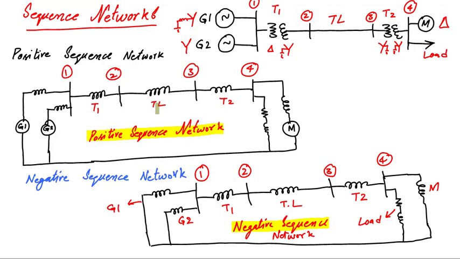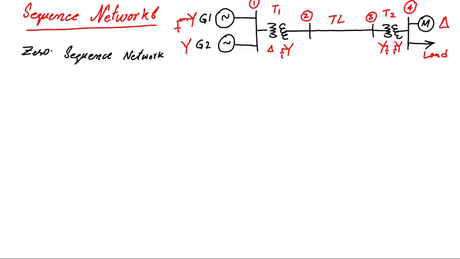Next we develop the zero sequence network. Special attention is required while developing the zero sequence network because we have to consider the configuration of the different windings for generators and transformers, along with the neutral connection, whether it is connected or not. So for the zero sequence network we start from generator 1. Generator 1 neutral is grounded through impedance. So first of all, the generator 1 zero sequence impedance. This is the neutral point, and between neutral and ground, because for zero sequence the reference will be ground while for positive and negative sequence the reference is the neutral point, the impedance is connected over here.